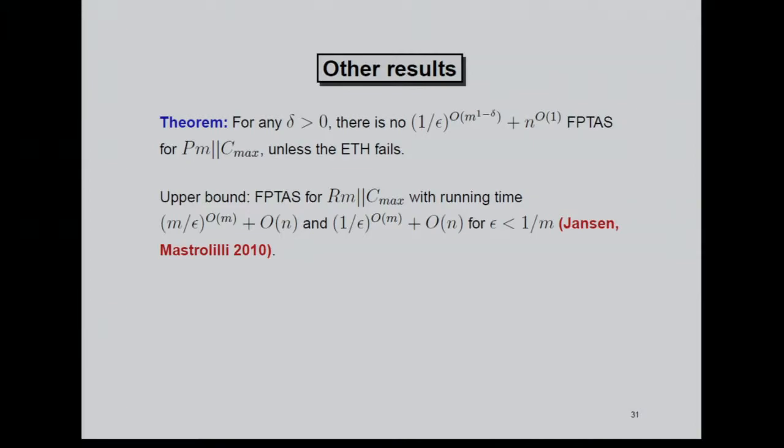And here you see that it comes also very close to this under this specific case. If the epsilon should be smaller than 1/m, then you get this. So this I did with a former PhD student, Monaldo Mastrolilli from Lugano. Here's maybe a nice story about this. We worked on this. It's not published, this result, because people thought maybe it's not interesting enough, but maybe it's more interesting because we have this lower bound. So you see that this is matching.